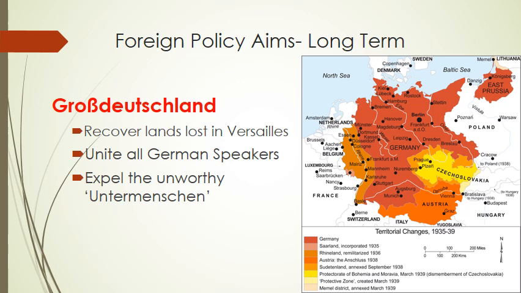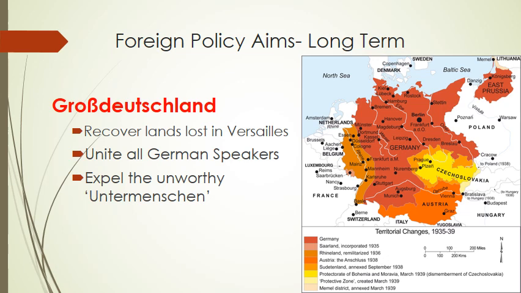Then you can see to the south, in a darker orange colour, Austria, which of course is German-speaking but was separate and was originally part of the Austro-Hungarian Empire. North of that, in Czechoslovakia, the orange area around the outside is the Sudetenland, where there are German speakers who are part of the Czechoslovakia that was created after World War I from a bunch of different states. And then in yellow, you can see some other protectorates of Bohemia, Moravia, and some other places, which were Czech-speaking places, but which had large numbers of Germans in them,